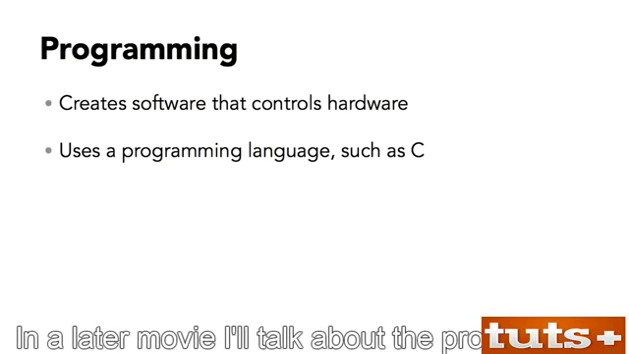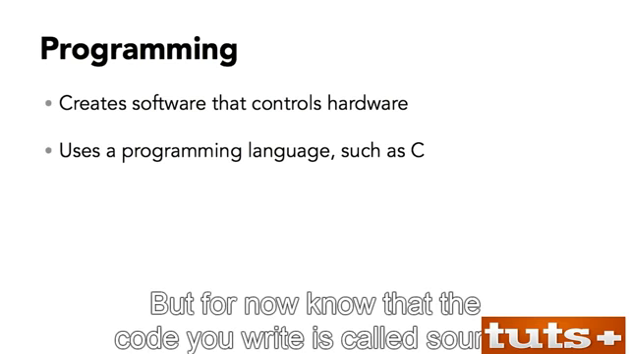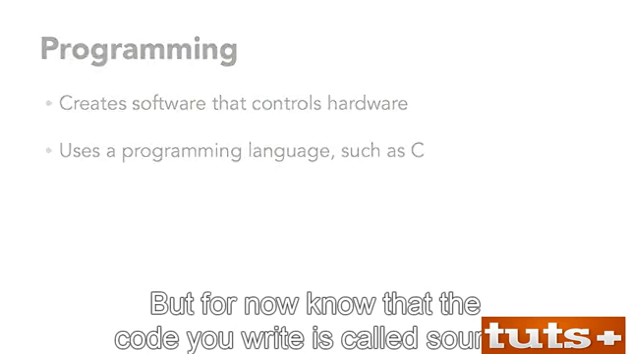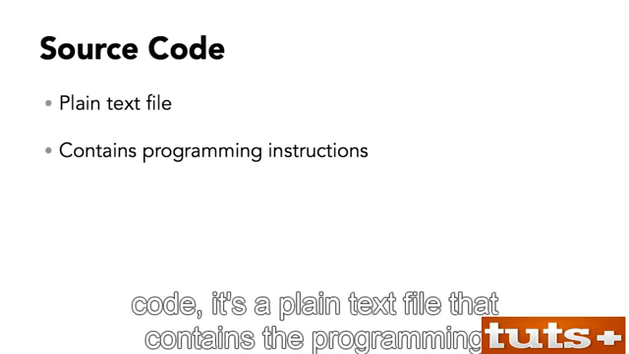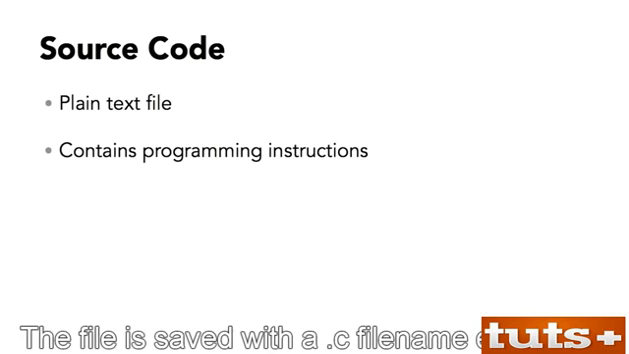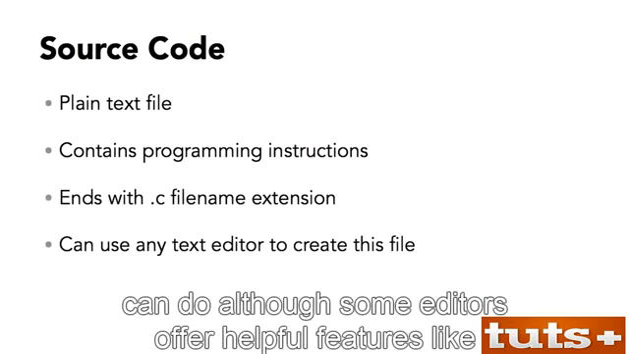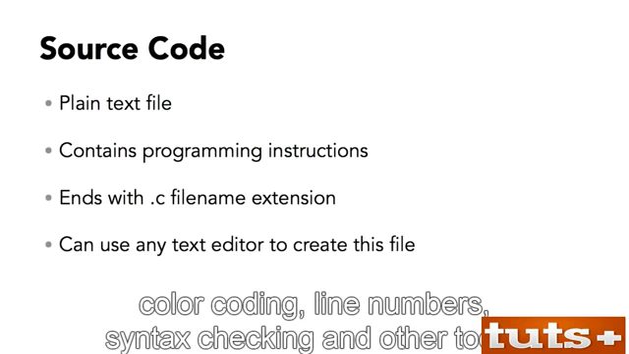In a later movie, I'll talk about the programming language's syntax and other rules. But for now, know that the code you write is called source code. It's a plain text file that contains the programming language, all formatted and pretty and written properly. The file is saved with the .c file name extension. To create source code, you use a text editor. Any text editor can do, although some editors offer helpful features like color coding, line numbers, syntax checking, and other